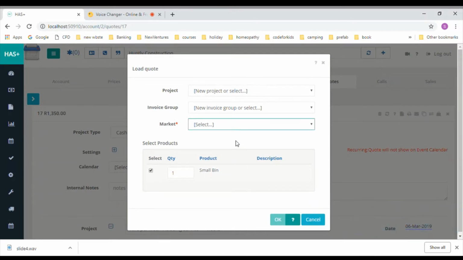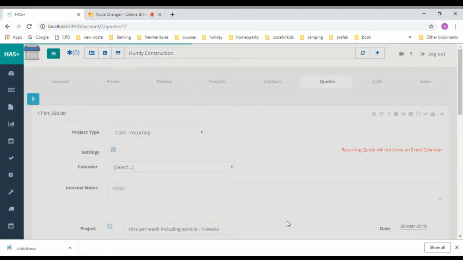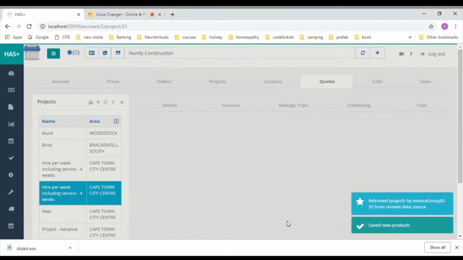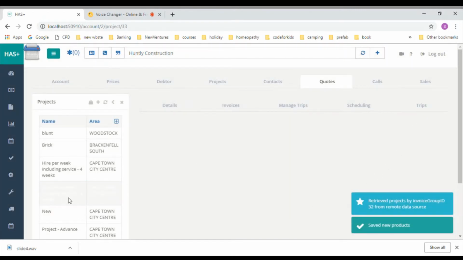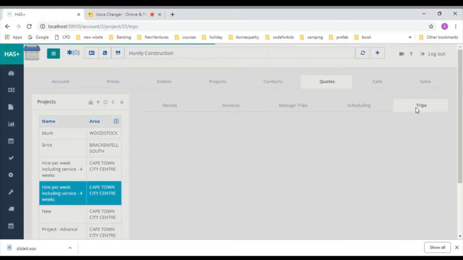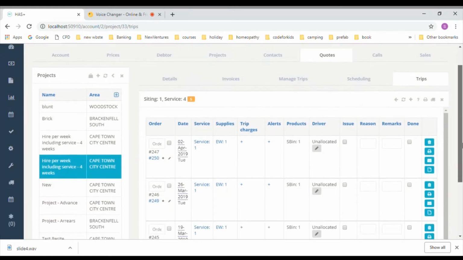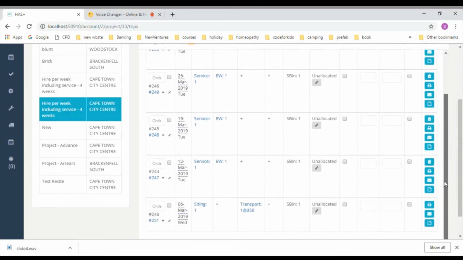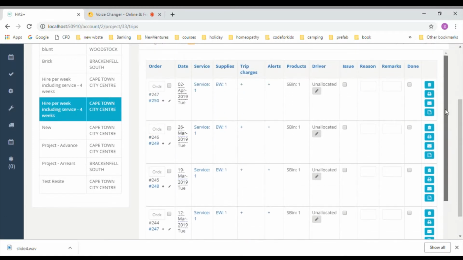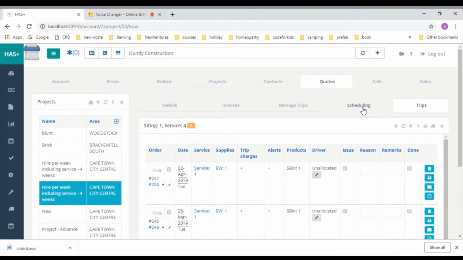A project is created. All the initial period deliveries and services are run, which you can view in the trip screen. The scheduling for services and charges for future periods is created, as you can see in the scheduling screen.